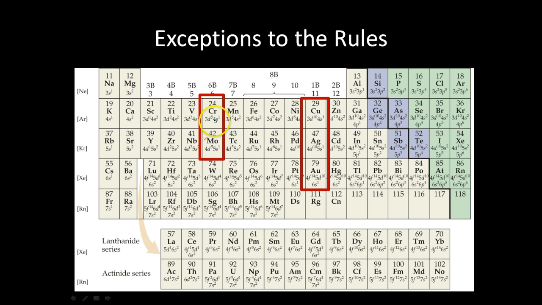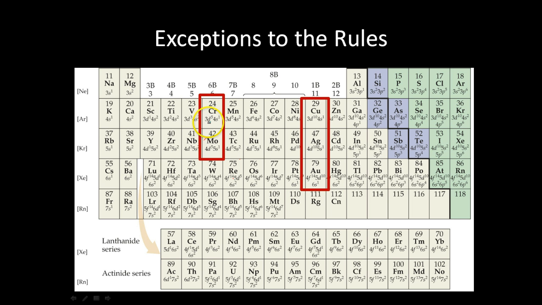So instead of filling up the 4s first, so it'd be 4s2 3d4, what it does is it borrows one of the electrons from the s subshell and puts it in the 3d subshell. This is because of an energy difference, because the configuration lowers the energy, because whenever you have a half-filled subshell